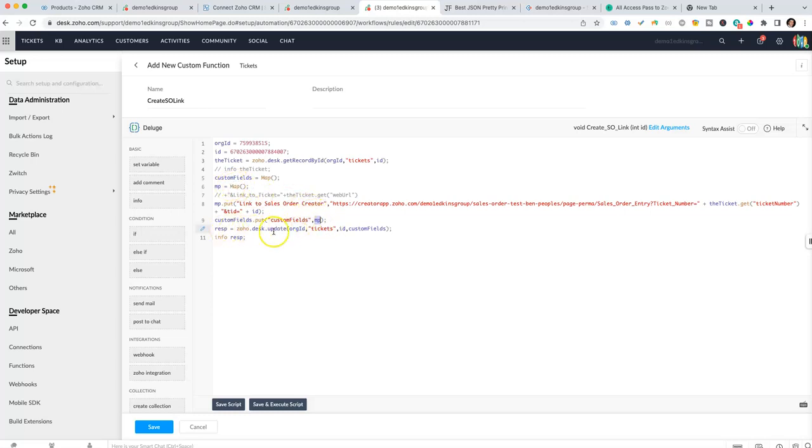And then here we're going to do a desk update. So just like we did before, if I go Zoho Desk update, it's going to tell me what I need. I need the org ID, I need the module, I need the record ID, and then I need the data map. So this is key value data map. That's the custom fields, and then the other map inside it. Right? So if you save and execute script,